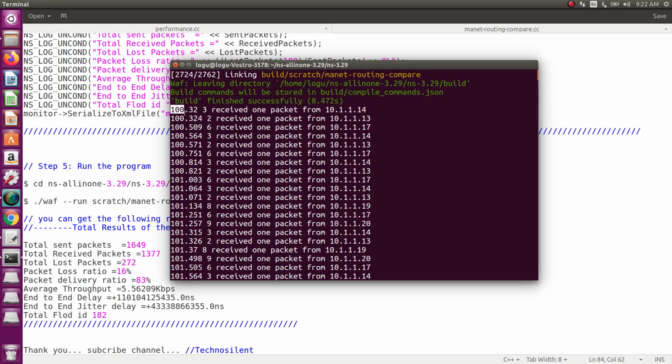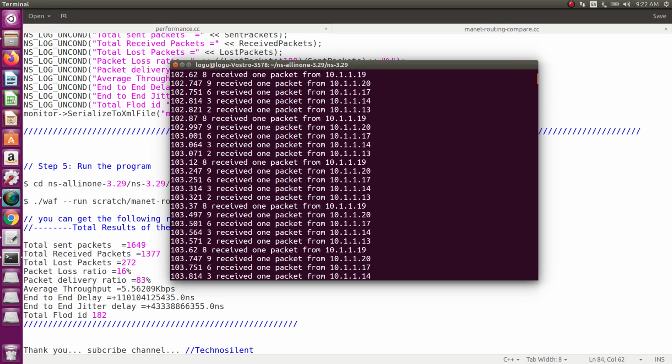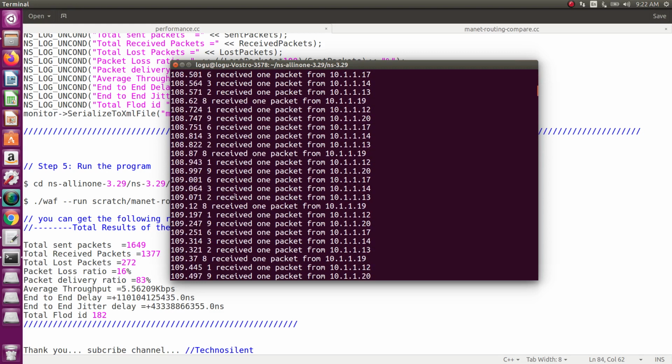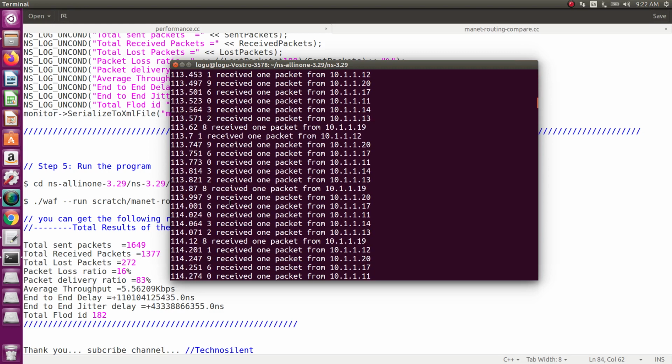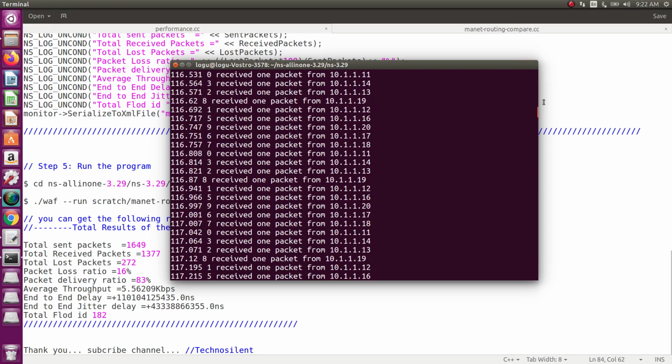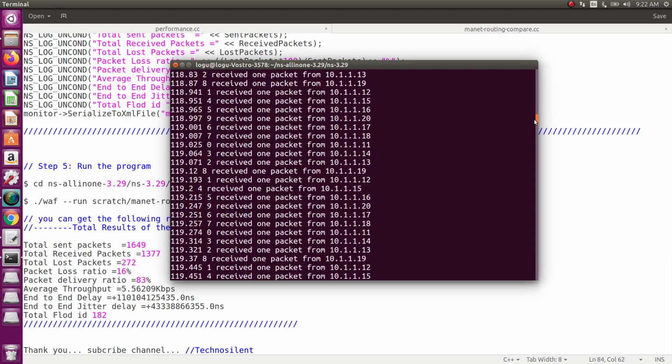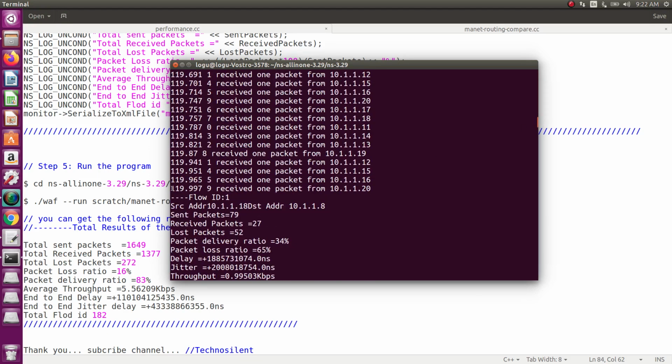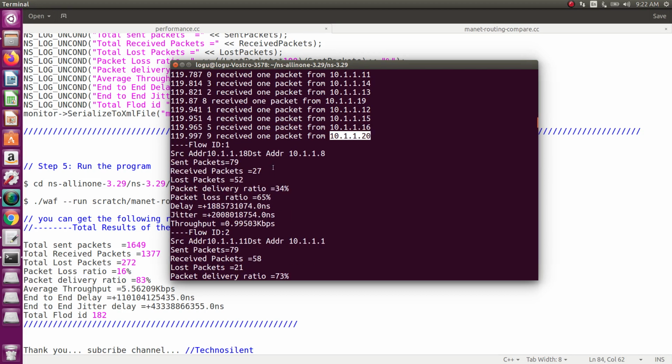The simulation starts at 100 seconds, and we are giving 120 seconds. Up to 119, I think, we are getting 119.997 from a particular node. After that the simulation will be stopped and the output will be printed.